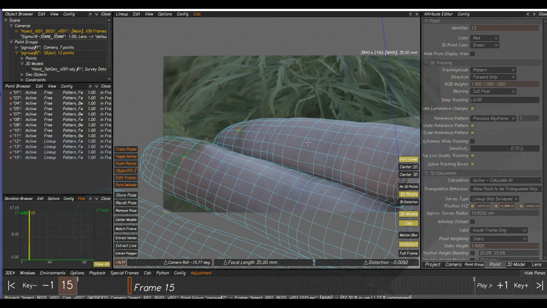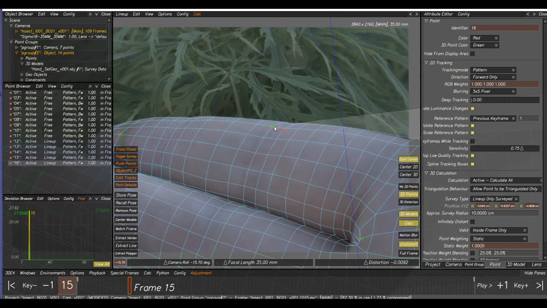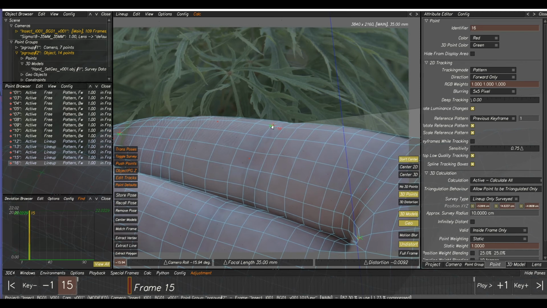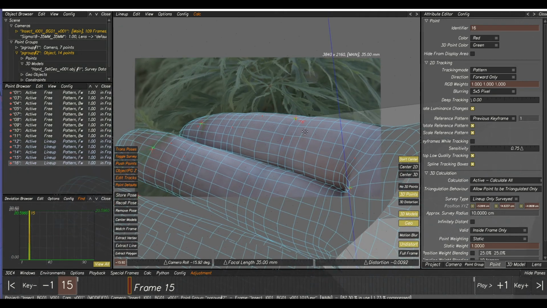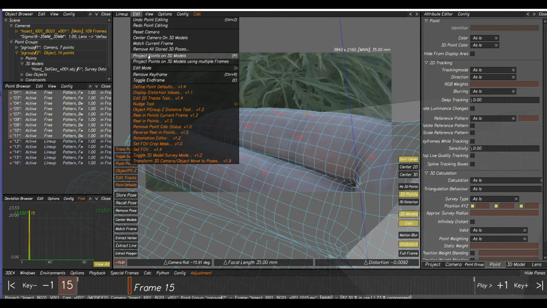So we want to try and get this as close as possible. With everything, as soon as your lineups, the most important things are your lineups. If you get them good, most of your tracks will be pretty good. This is quite a low res hand, so it's probably not all the detail. So what we'll do, now we've got our lineup again, we'll select all our points, edit, project points on 3D